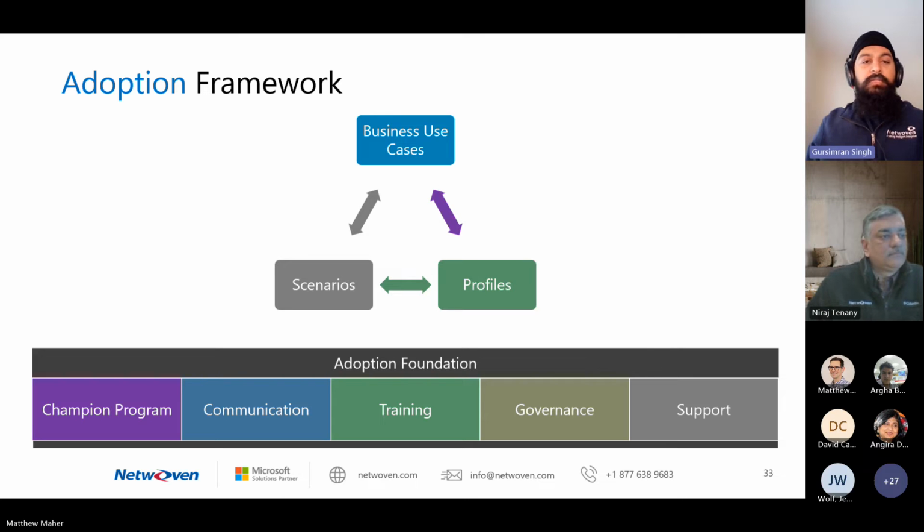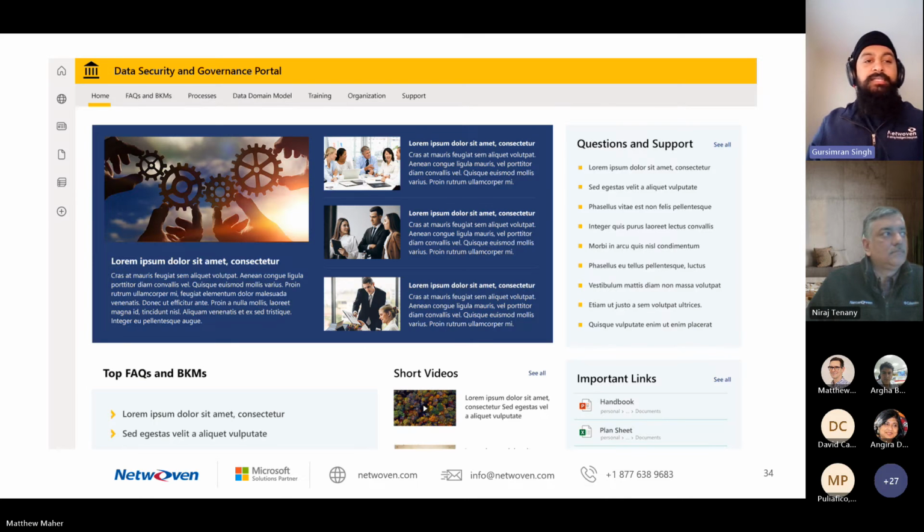Great. Yeah, and the next slide shows an example of a data security and governance portal, which is one of the tools we've been using in pretty much all of our implementations of Microsoft Purview for end users. It's a self-help area where they don't have to reach out to anyone specifically. They have all of the answers they need here, and if they don't, obviously the help desk is there to provide support. But we want to empower the end user to learn on their own if they don't have enough knowledge already.